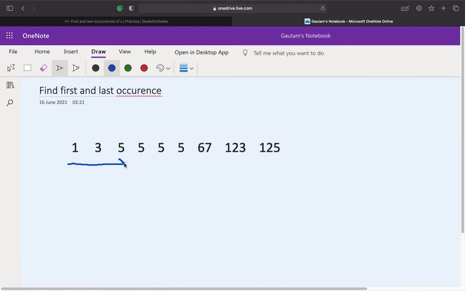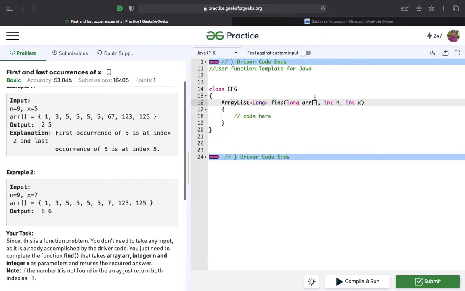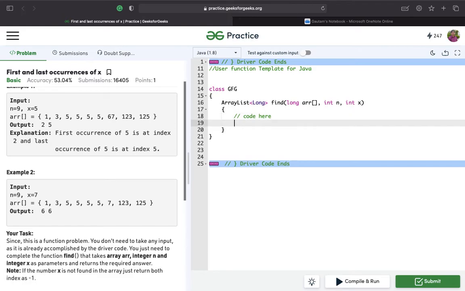So that will be the first index, and to find the last occurrence, we'll iterate through the right of the array, right? And when we iterate from the right, the first occurrence of that element is the index of the last occurrence, right? So let's try to code this solution so that we can get a firm understanding of this question, right?